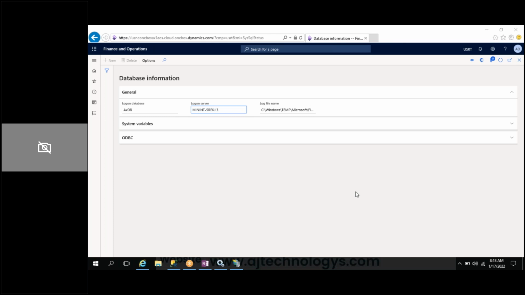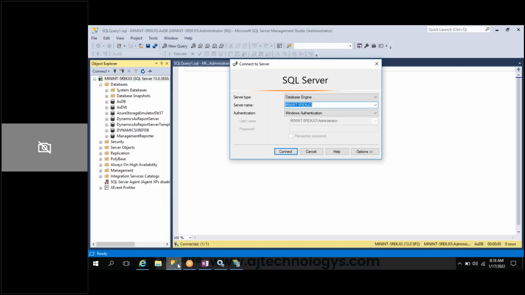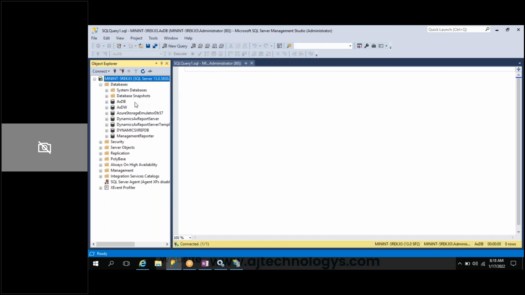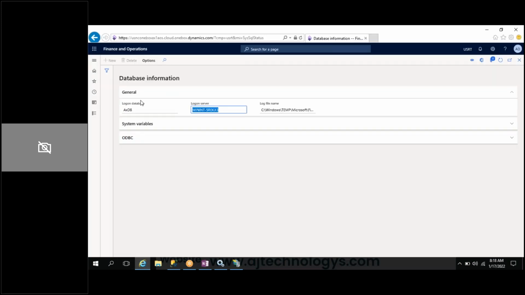Now we understand how these three layers are interlinked and connected. Why we are connected only to HDB, why we aren't connected to HDW, and what the remaining databases are: storage simulator, report server, tempdb, reference databases, management reporter. We'll see that in tomorrow's class. But today we are going to see the front end.